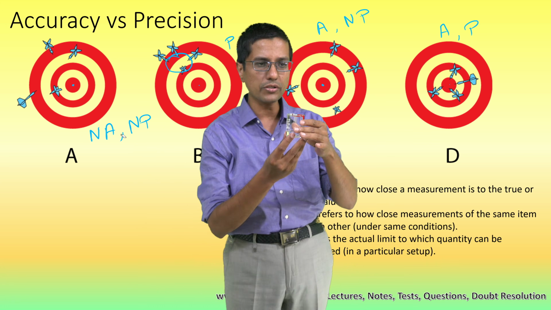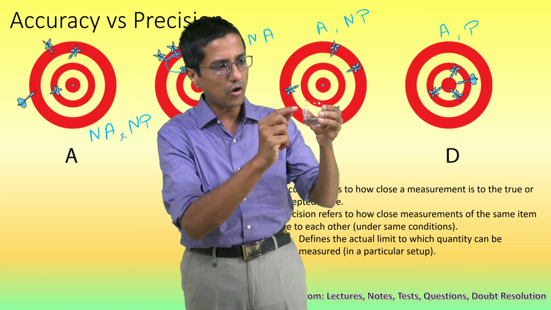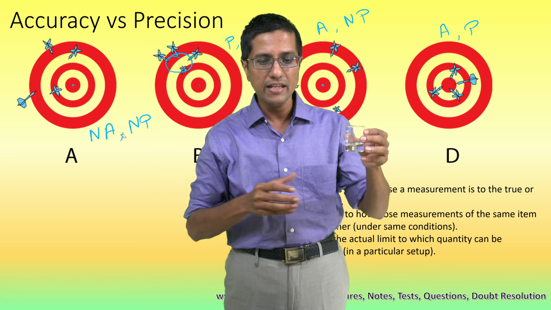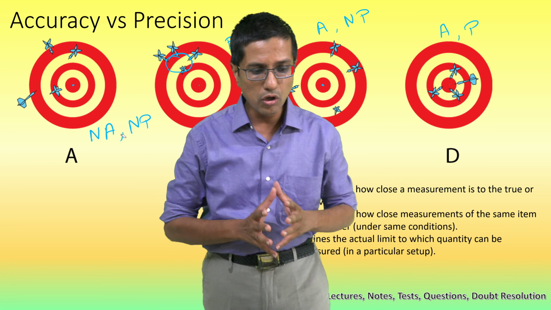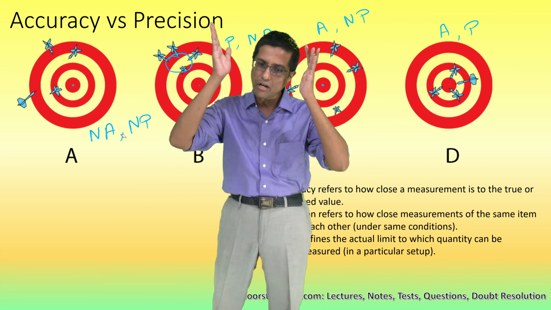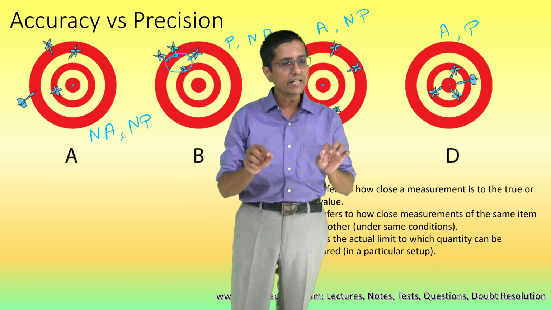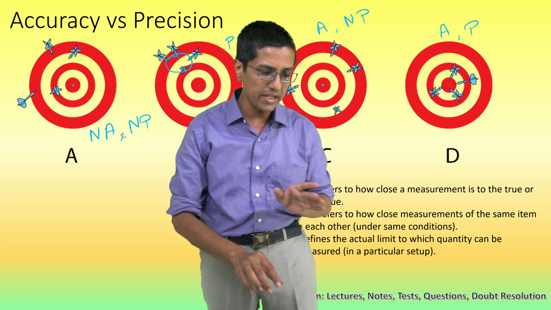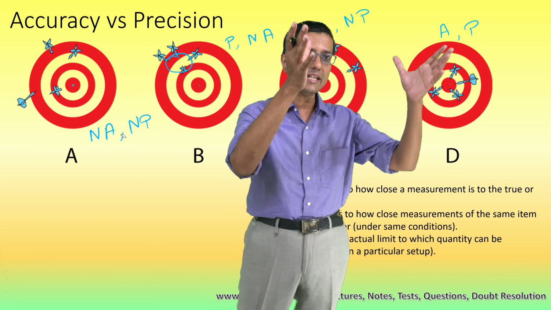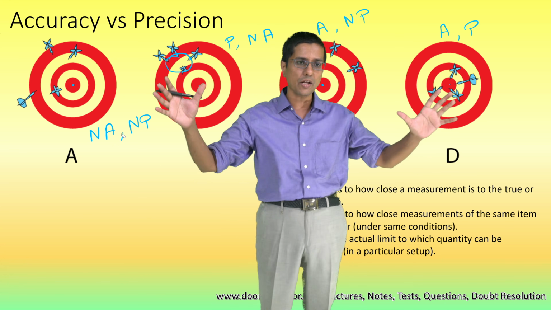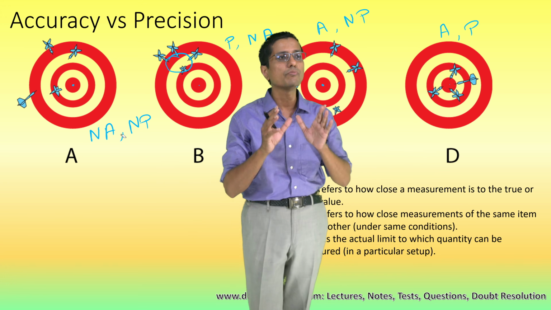Now, in this process of measurement, no matter how precise, how many gradations I create here in this jar, the process itself is not very accurate. And why is that? Because no matter how hard I try, some of the water will always be remaining inside the glass. So that process itself is designed to not be very accurate, no matter how much precision my instrument has. So accuracy is the result of the entire setup of the experiment, how it is done, and precision is the result of how close my markings are,